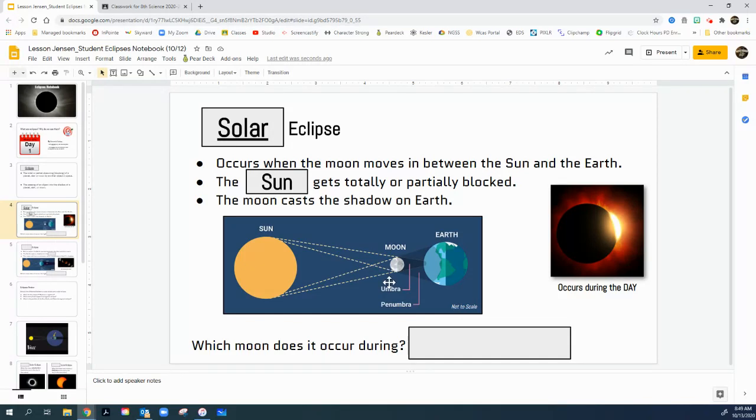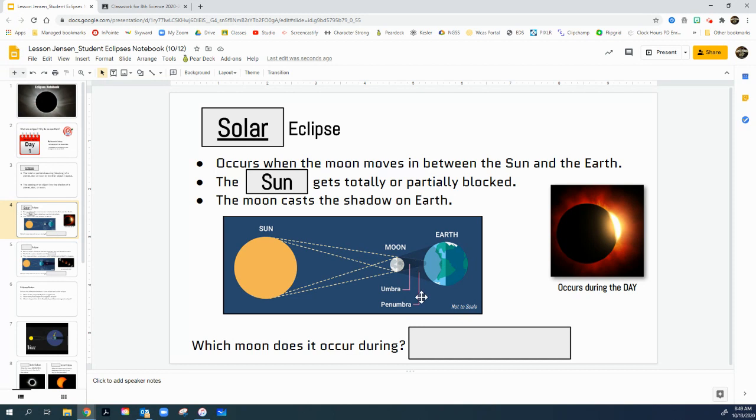And you can see it right here in this diagram. The moon then casts a shadow on the earth because of that. Now, it's not a large shadow. And you can see there's 2 different colorings of shadows. In fact, there's a dark coloring shadow called the umbra, and there's a lighter shadow called the penumbra. These are going to come up a little bit later in this, but just know that the really dark shadow called the umbra is pretty small, actually. It's not as big as you would think, and that's where that total eclipse, where it's completely covering the sun,